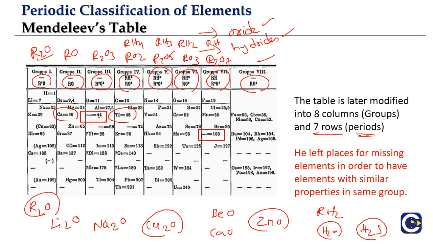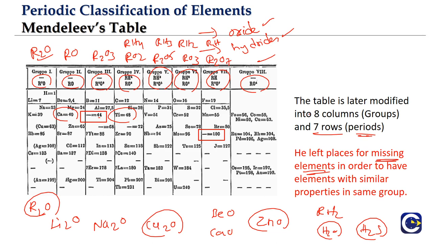And his justification is that this element in between the calcium and titanium is actually an element which is yet to be discovered. And he called them as missing elements. He gave his own naming for them. We'll talk about it later. And also he was able to predict, like say for example, calcium is 40 and titanium is 48 atomic weights, and he was able to predict that approximately the atomic weight will be somewhere around 44. So he was able to give the approximate atomic weight of that particular element, and also the chemical behavior. So the chemical behavior of the missing element will be similar to that of the group 3 substances.